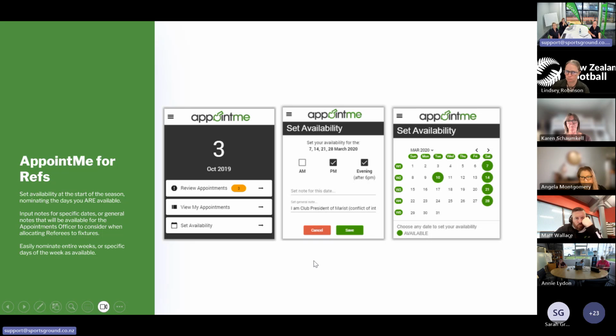Yeah, just as a high level overview again, remember that in broad terms, the process for referee appointments in Sporty is that referees are registered, that referees then have access to Appoint Me and they're able to set their own availability effectively on a calendar. And then that interacts back into the Appoint Me dashboard available to you guys to see who has set their availability so that you can appoint them to fixtures corresponding with their availability.